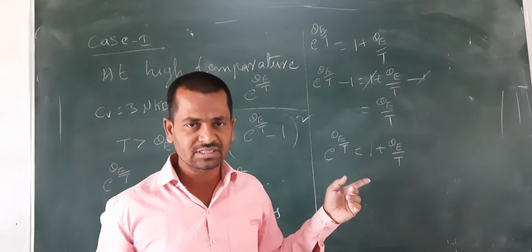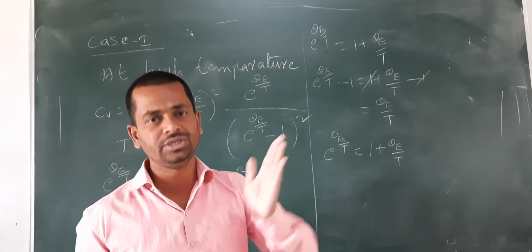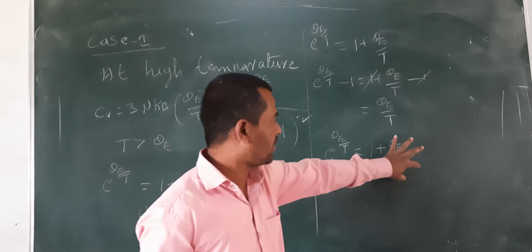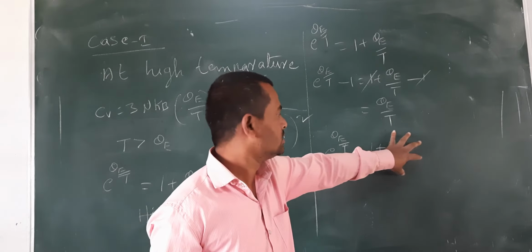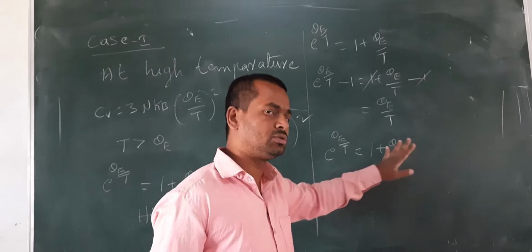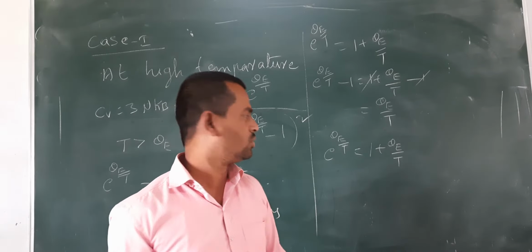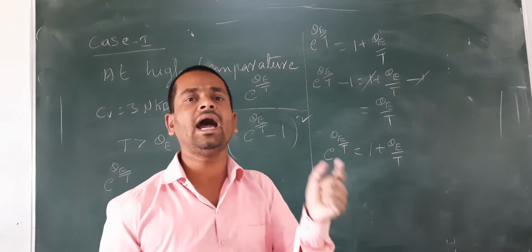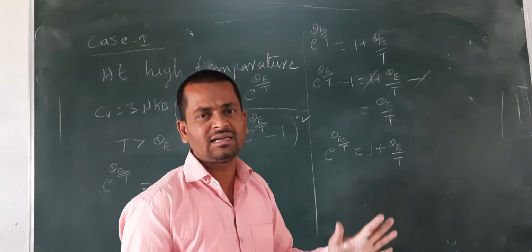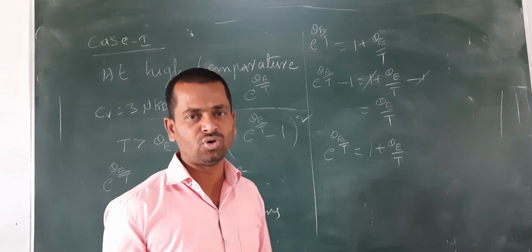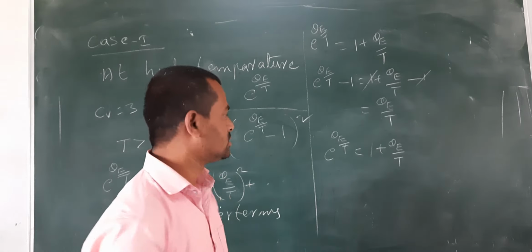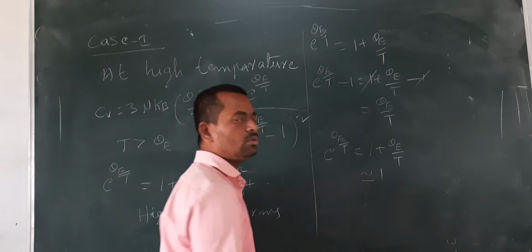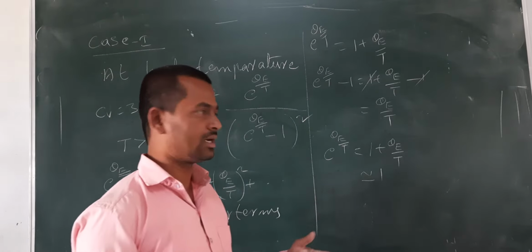When the term in the denominator is very high, then the result will be low. So this value is somewhat less. If you add a smaller value to one, then nothing will change. No change will occur. So when a smaller value is added to one, one cannot change more. That is what I am doing. I am going to write this term as approximately equal to 1.